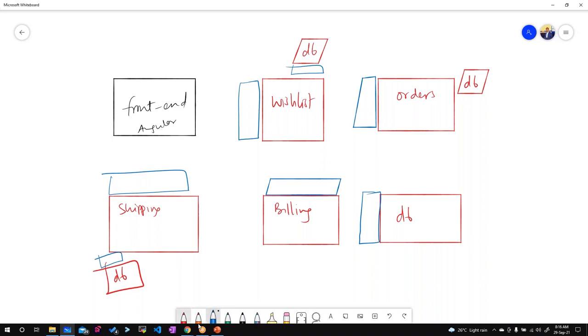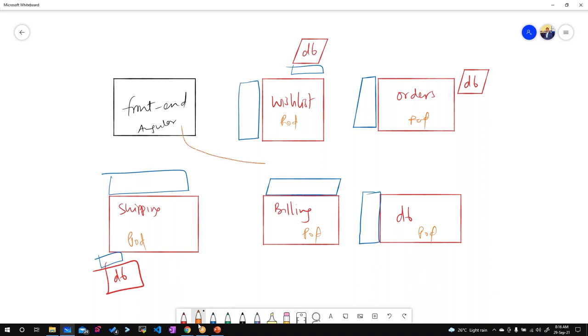Now when we talk about communication, let's say the user logged in and immediately went to the order section. So this front end has to talk to the orders pods. These are all pods running, right? We are not taking care of the number of instances, because the service will manage it. So now the front end has to talk to orders.